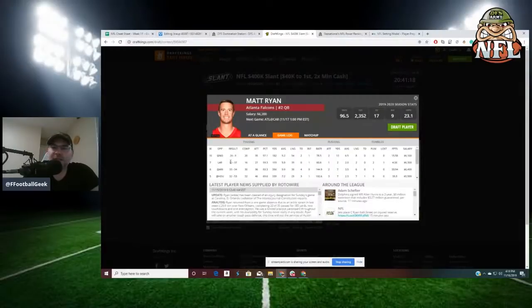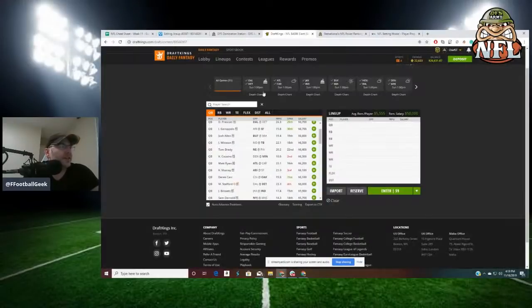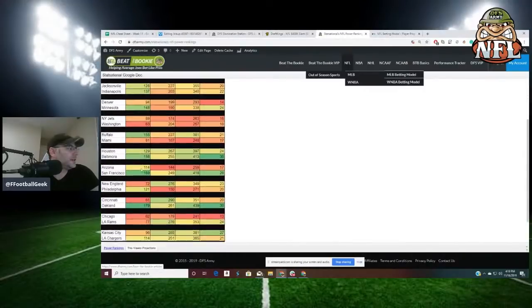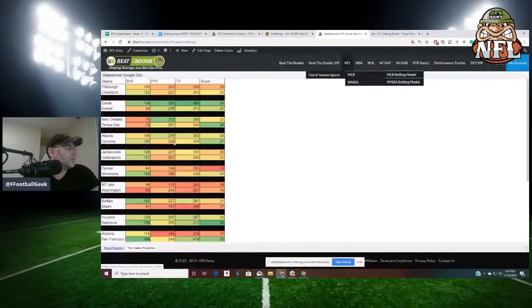They smashed the Saints last week, but they did a lot with defense. And for the most part, outside of the last 2 weeks, Matt Ryan was a 300-plus yard machine. Now, Carolina, good defense. Atlanta's not projecting for over 300 yards here, but it's pretty close, 275. And if he can cross the 300-yard threshold,